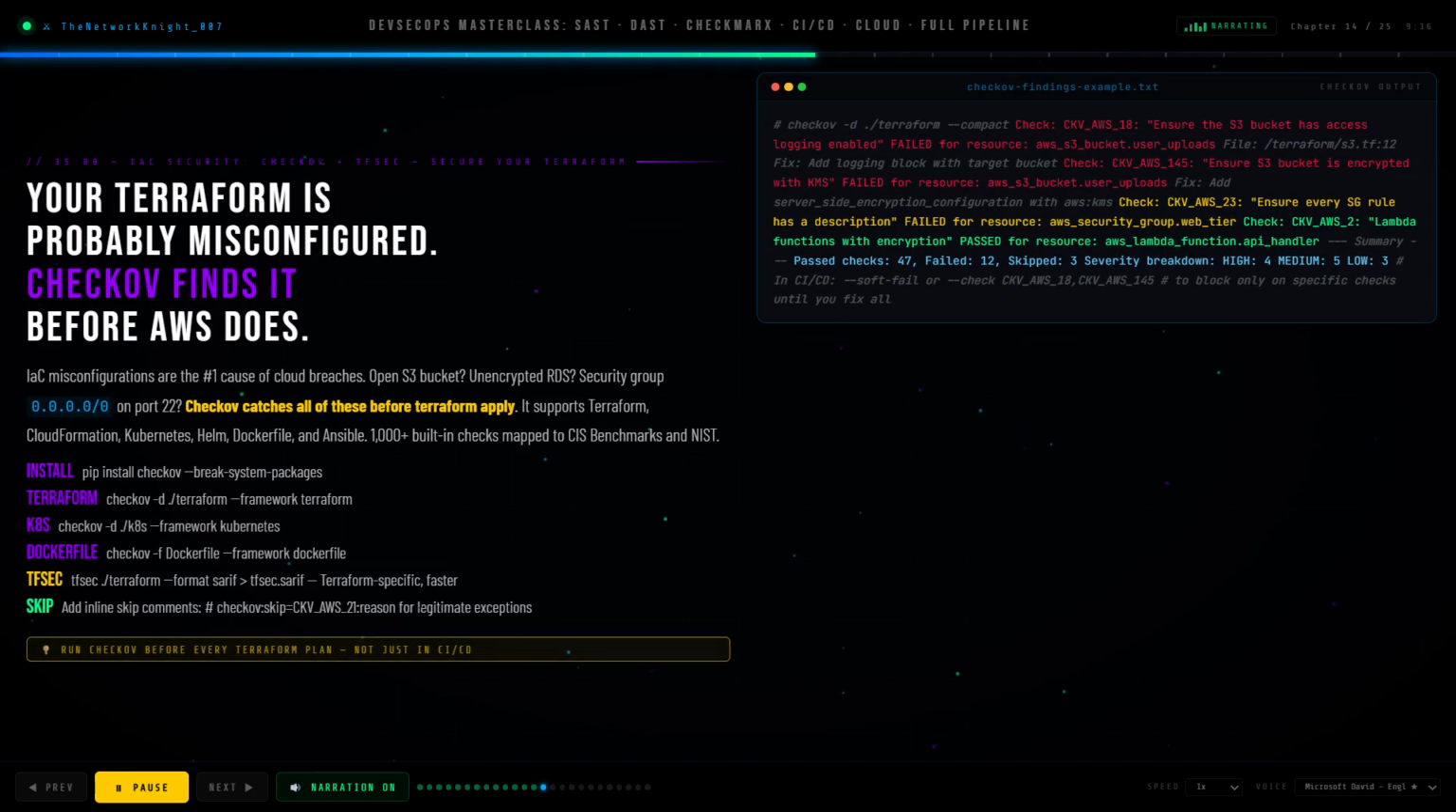Checkov is the most comprehensive free IaC security scanner. It checks Terraform, CloudFormation, Kubernetes, Helm, Dockerfile, and Ansible against over 1,000 security rules mapped to CIS benchmarks and NIST. The findings on screen are